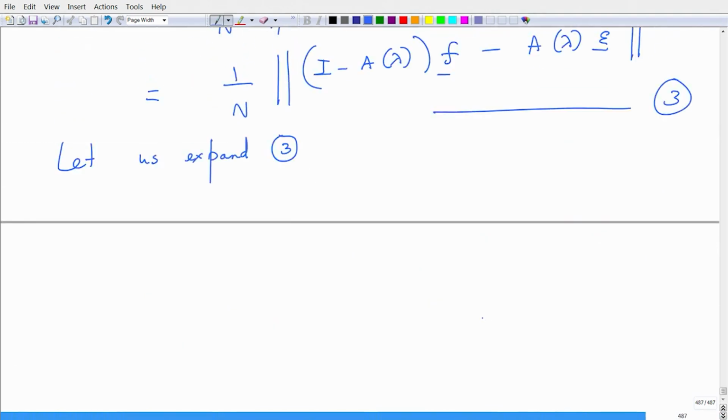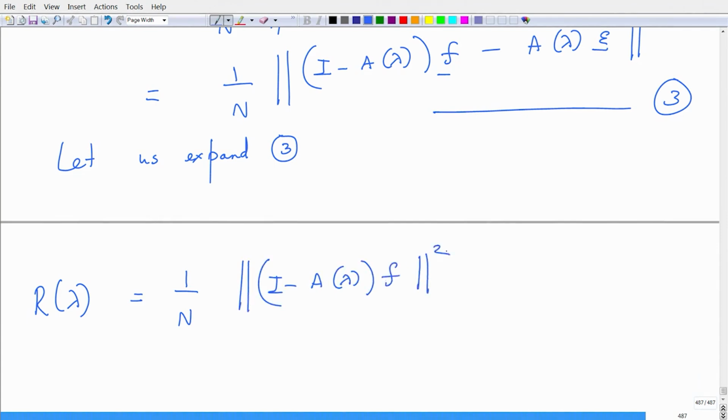So what I do is as follows. I can expand this, and this is straightforward algebra. I can write this as, I have this 1 upon n which is outside times norm of I minus A of lambda times F squared